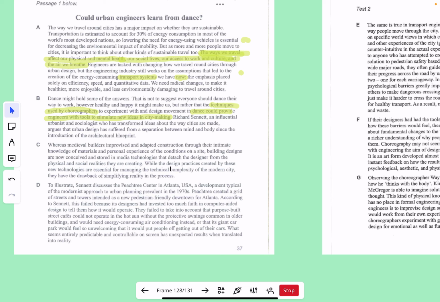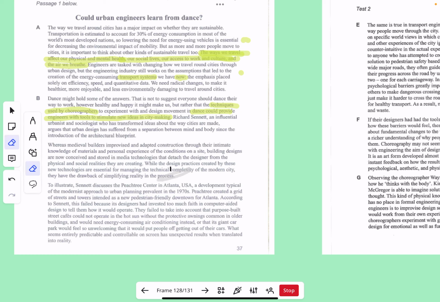Whereas the medieval builders improvised and adapted construction through their intimate knowledge of materials and the personal experience of the conditions on a site. Building designs are now conceived and stored in media technologies that detach designers from the physical and social realities they are creating, while the design practices created by these new technologies